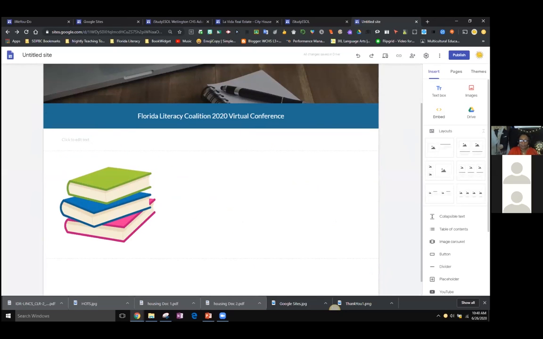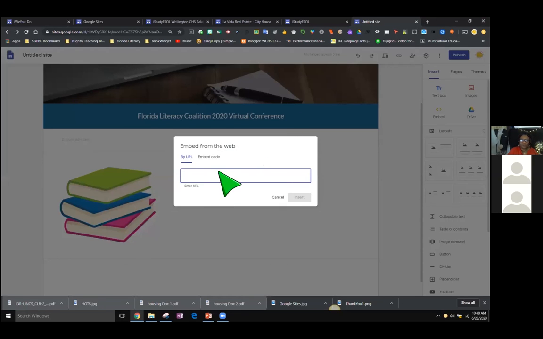I can also embed videos. So let's say I want to embed a video from YouTube or a website. I could actually go to YouTube and get the video and embed the video. So you would just click on this. I'm going to click on that and it shows you what it looks like. You can embed either by URL or by an embed code. If you're familiar with coding and all that kind of stuff, sometimes websites will give you an embed code. Either way is fine, and you can do them both.